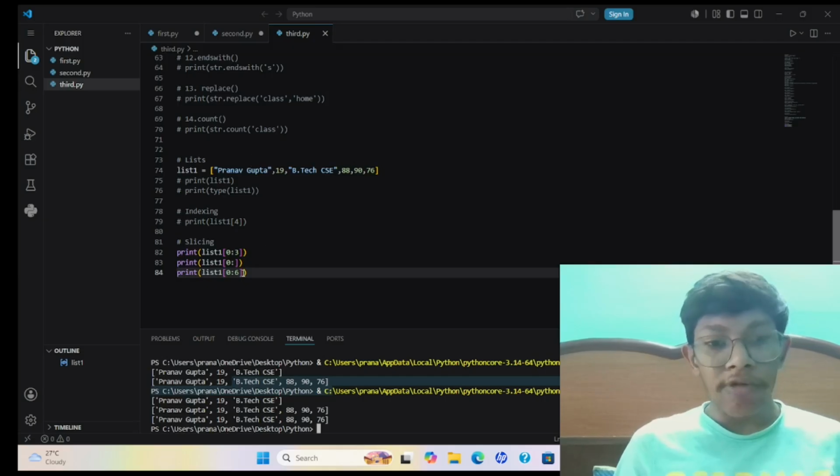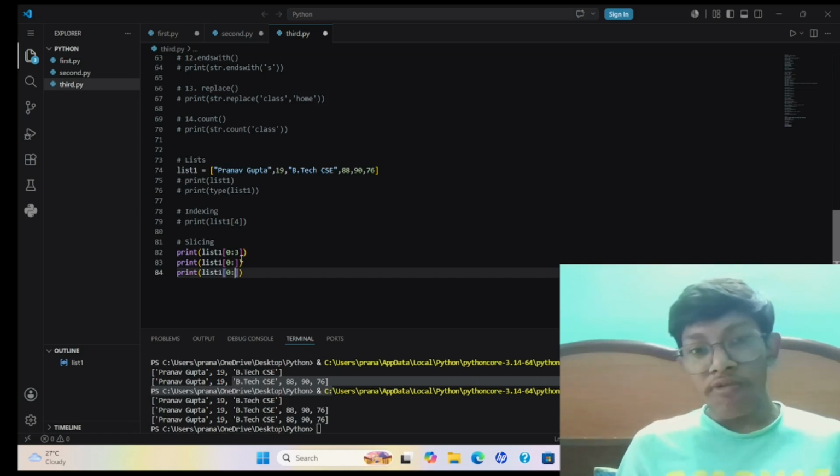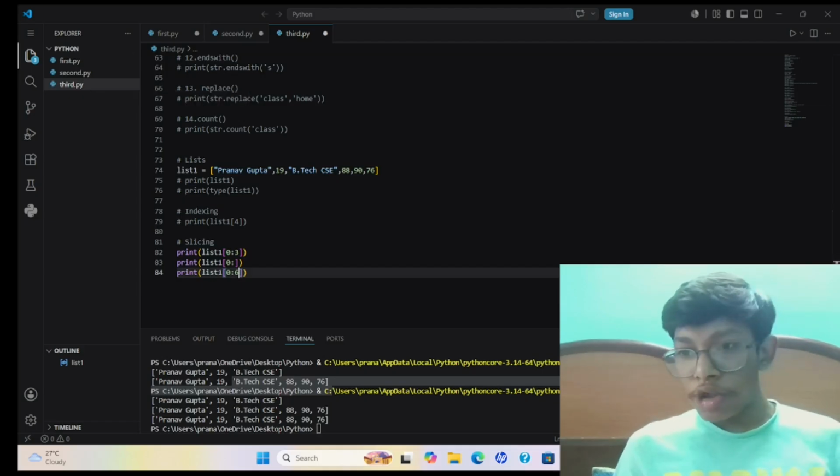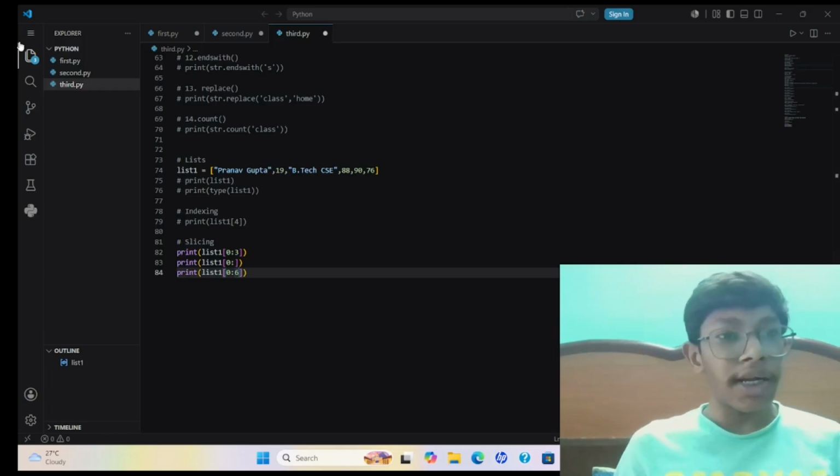Sorry, 6 is the length of the string. So if I want to print the first 5 elements, I can simply write here 6. Now it is showing some error due to terminal. If I change my terminal,